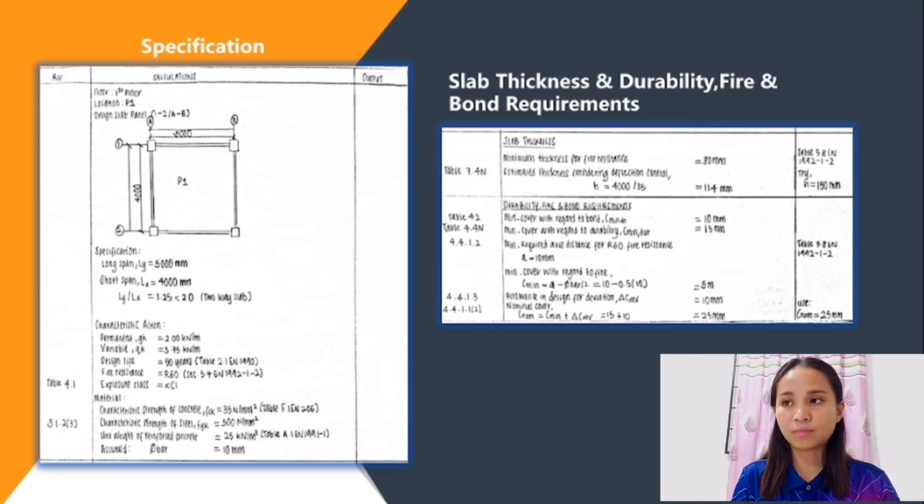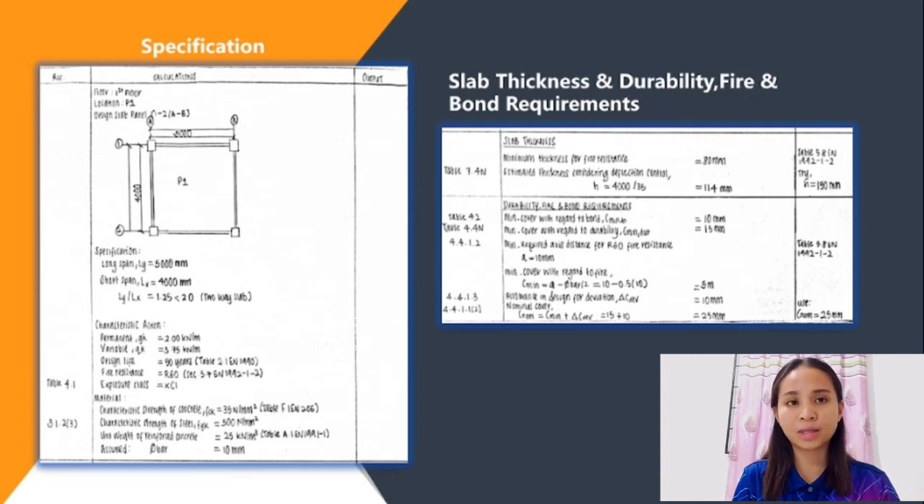Dan apa yang kami dapat untuk long span kami LY adalah 5000 mm dan short span kami LX adalah 4000 mm, dan ianya adalah two-way slab di mana ia adalah kurang daripada 2.0, dan karakteristik action kami bagi permanent GK adalah 2.0 kN per meter, variable kami QK adalah 3.75 kN per meter, design life kami adalah 50 years, fire resistance kami adalah R60,